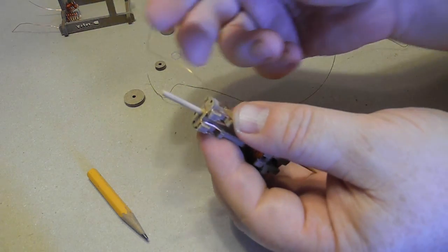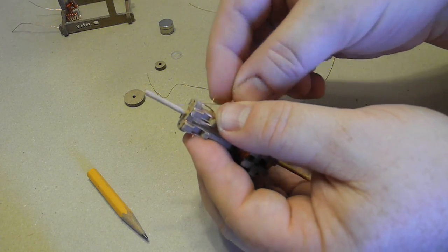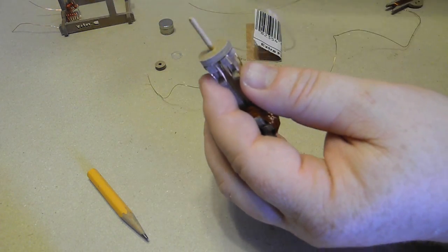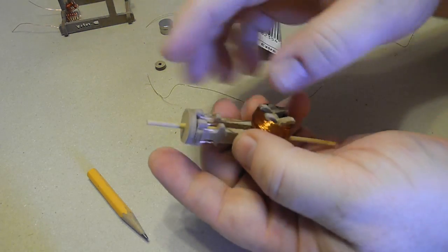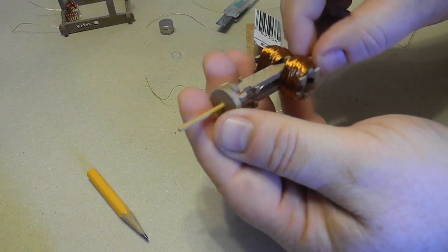Okay, so the last part of the wire is we're going to feed it in that hole just like we started the other one and pull it out. So that'll help secure it. So this little plate can go down against it, and you can remove the extra wire if you want. So there's maybe only two little pieces of wire left sticking out. The other little circle goes on there. So there's your completed